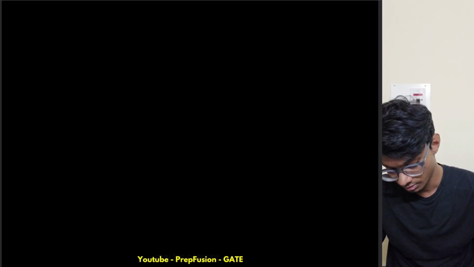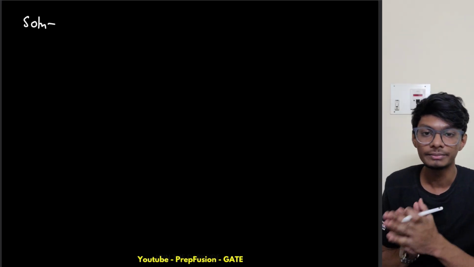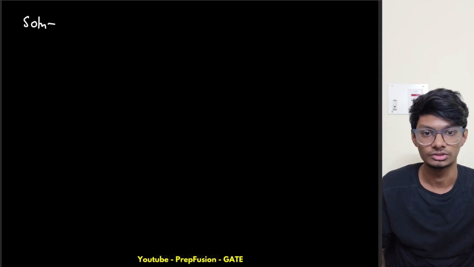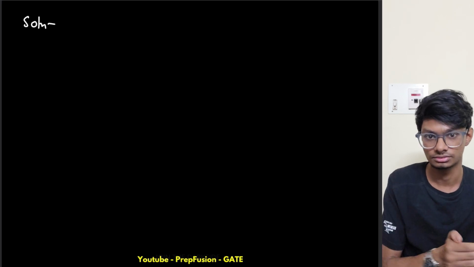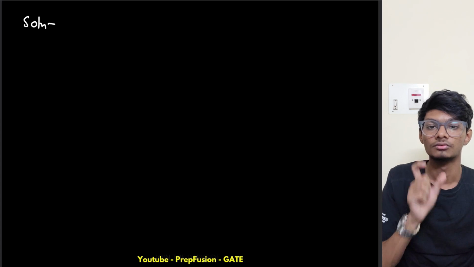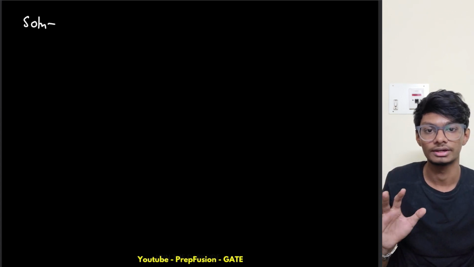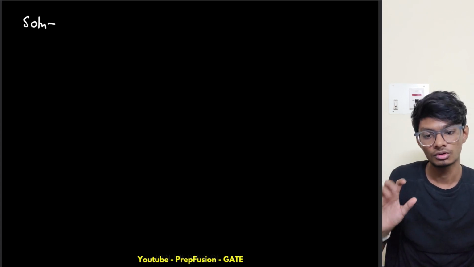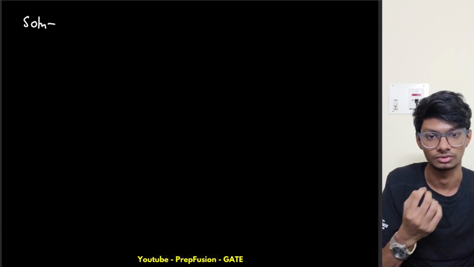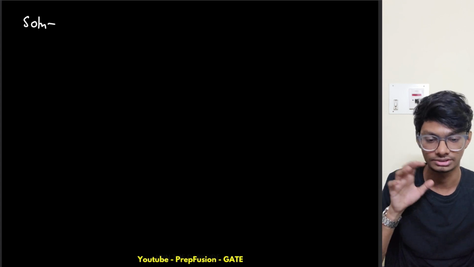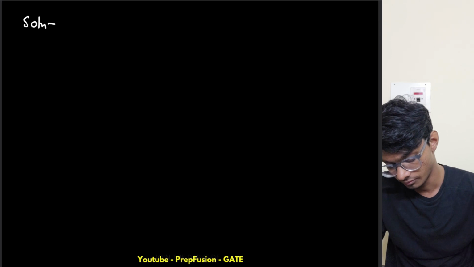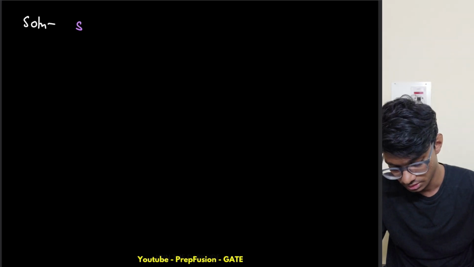There can be many methods of assuming a state variable, but this is the first method that I will show you. We will use this method throughout this lecture, and in the next few lectures I will teach you more methods of how to define state variables. But this is just the first method. Generally, in 80 to 90% of cases we use this method only. So how do we solve this question? Step 1 is